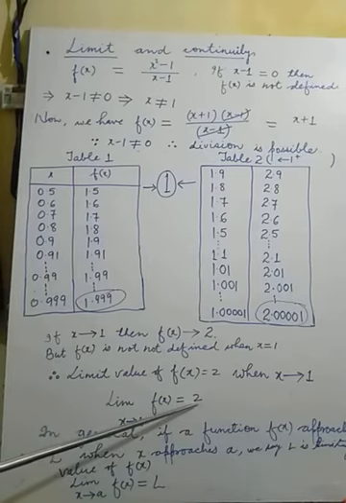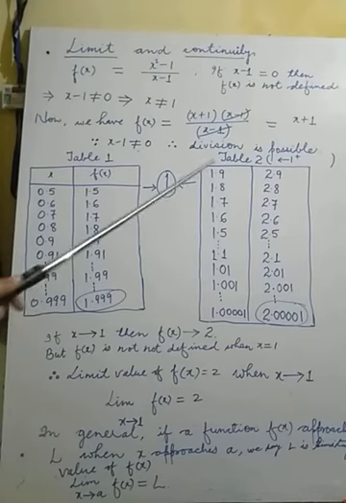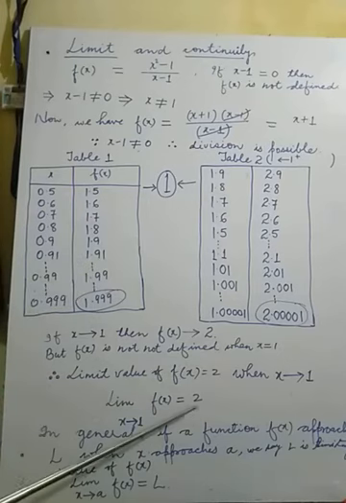This 2 is obtained by the limit. Limit x tends to 1 means not equal to 1, it is taken just approaching 1, then the value of the function is 2. In this way the concept of limit comes. This will be noted down: lim, and just below it x tends to 1. See, x tends to 1, then what value of f(x) is there? Here also approaching 2, so this is equal to 2. This one is the limiting value.